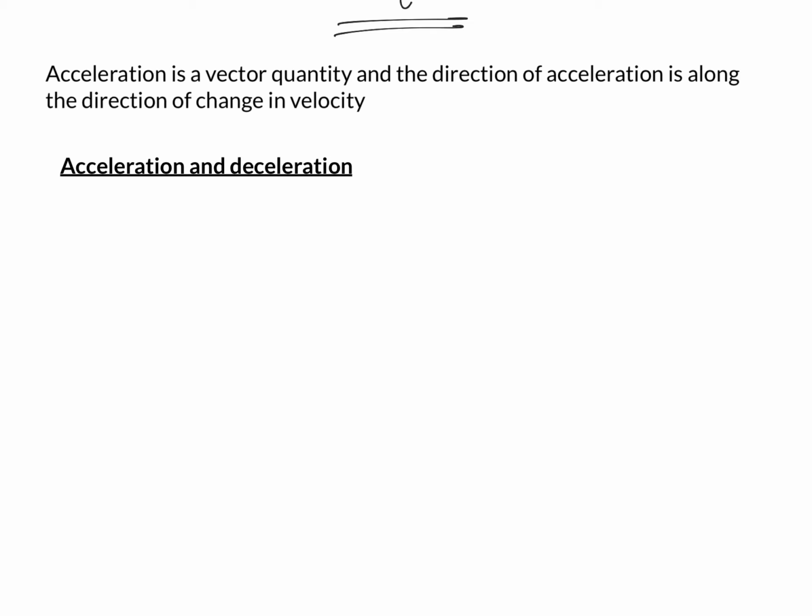Now, depending upon the way the particle is moving, we'll classify it into acceleration or deceleration. To understand what is positive acceleration, just consider an example. Over here we are considering towards right as positive, and towards left as negative. Assume that we have a particle, initially moving towards right with a speed of 10 meters per second, and after some time the speed of the particle becomes 20 meters per second.